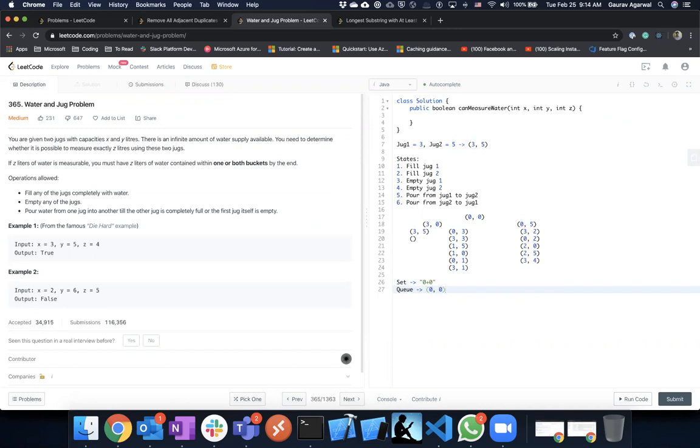Start taking out the element from the queue and see what all possible paths it leads us to. There are a total of 6 possible paths. Then keep performing the operation. With each operation, check whether that state leads us to the solution. If yes, break. Any questions here? No, I think you explained very well.